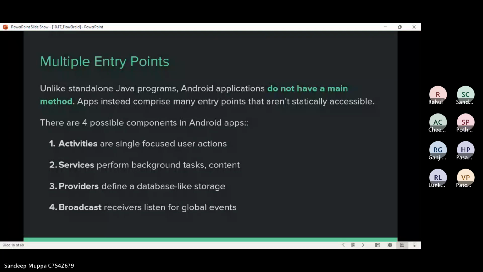All these components are implemented by deriving a custom class from a predefined operating system class. These can be registered in the AndroidManifest.xml file, and we can override the lifecycle methods too. For instance, the system can stop an application when the memory is full, and later restart it when the user returns to it.